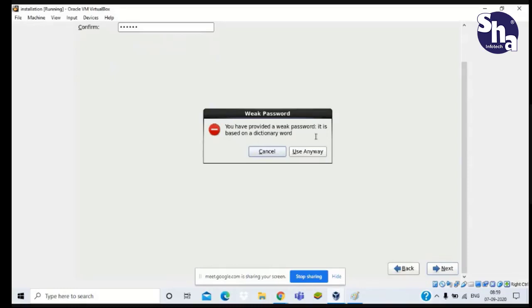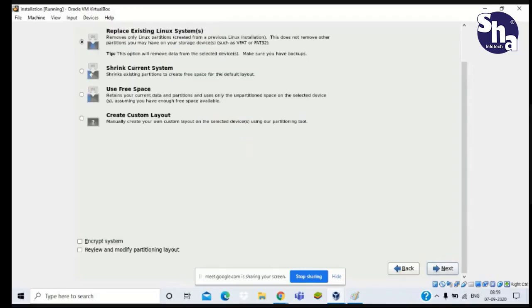We only come here to learn, so we can keep this weak password. Only you can use this machine. So click on use anyway.